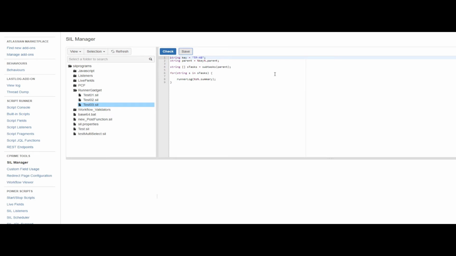Now, how do we do the same thing with links, you ask? So the way you work with links is this. I'm going to say string links equals linked issues, and this is another routine. And again, we'll use parent because I know there's already a link on that. Now this time I'm going to say runner log links